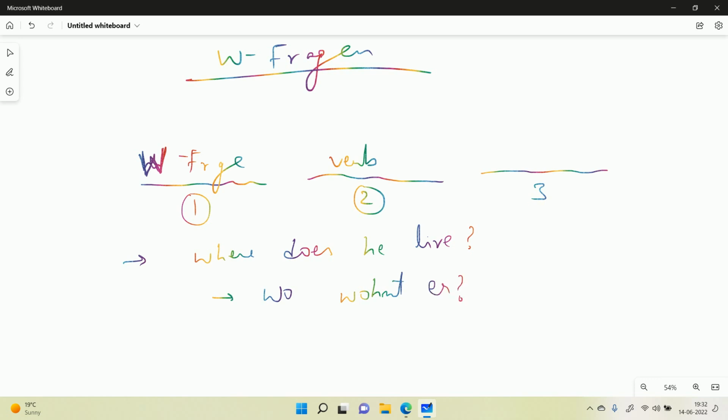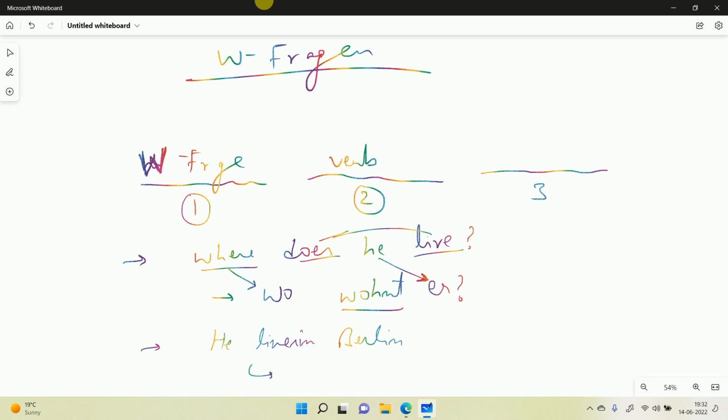Let's try to understand the logic behind this sentence. Where does he live? Where itself is clearly one-to-one wo, right? Does he live? So does and live combined becomes wohnt, and he becomes er. So, wo wohnt er? For example, in simple English, if I want to say he lives in Berlin,